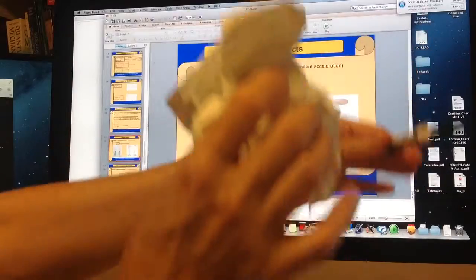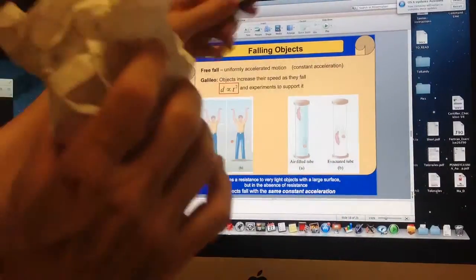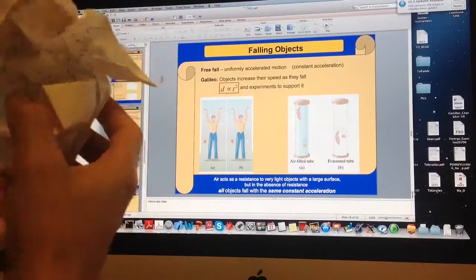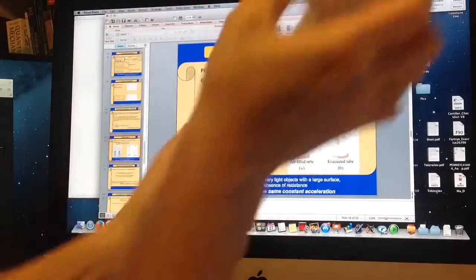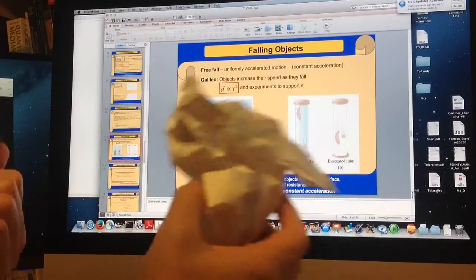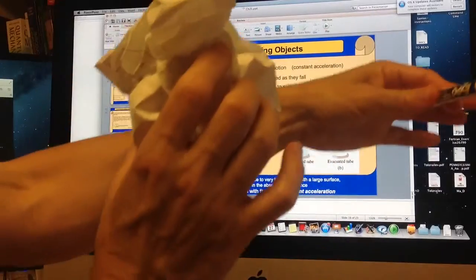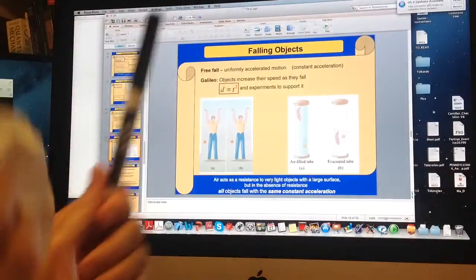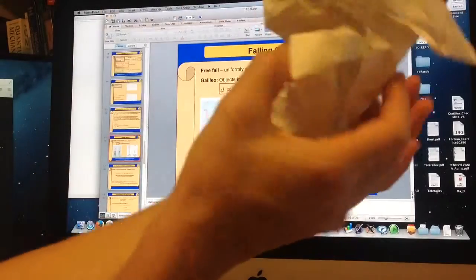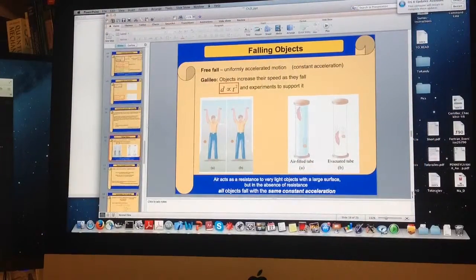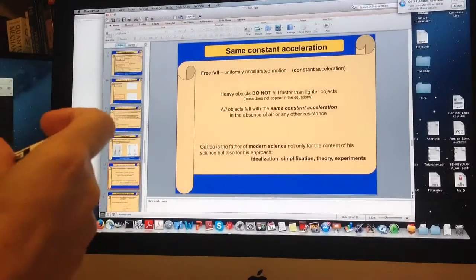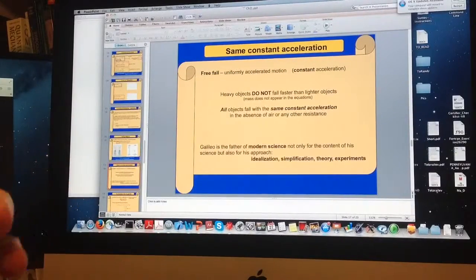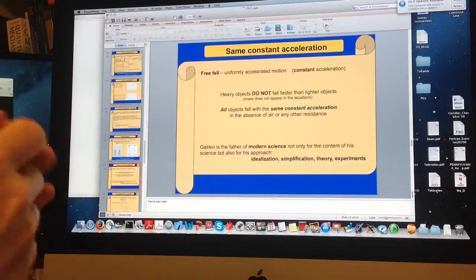So what was responsible for the difference in time for these two objects was not their mass. Mass is not important in free fall. What was holding the piece of paper was the resistance. I remove the resistance, I remove the molecules, and they fall together. So from that we conclude that free fall does not depend on the mass of the objects, it depends only on the acceleration. And which acceleration is that? This is gravity. This acceleration is the acceleration caused by Earth. Earth is this big planet that attracts all the objects around it.